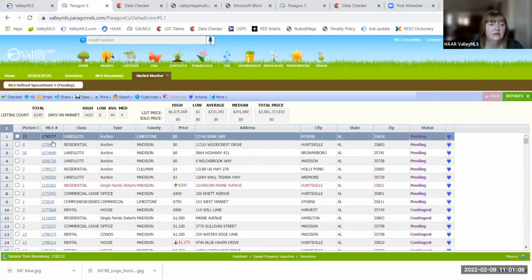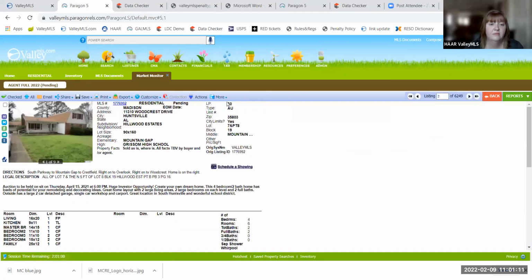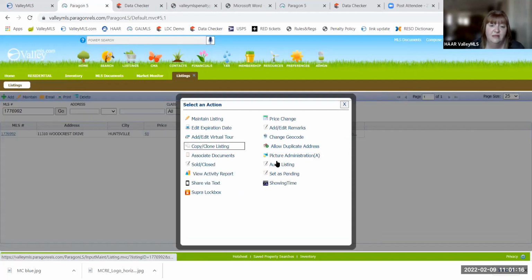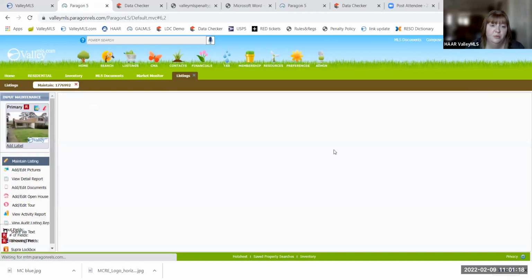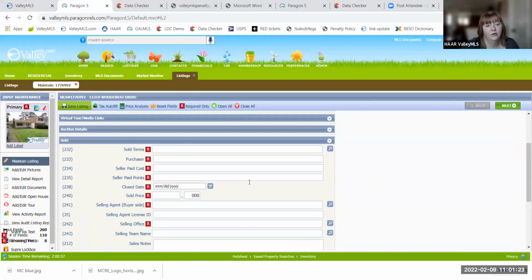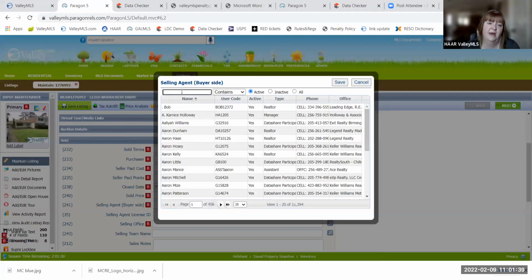Let's just see if we can do this here. Because it's going to offer you the data share listings first. And yes, this poor person will not know that we're messing with their listings, so don't worry. When we're down here and we're in the selling agent, I actually added the words buyer side here because we were getting a lot of people putting themselves in as the selling agent. Well, I sold it, right? Really what we mean is you listed it. Who was the other agent? And I would really encourage you to use this magnifying glass as the point of my story, because let me go back.